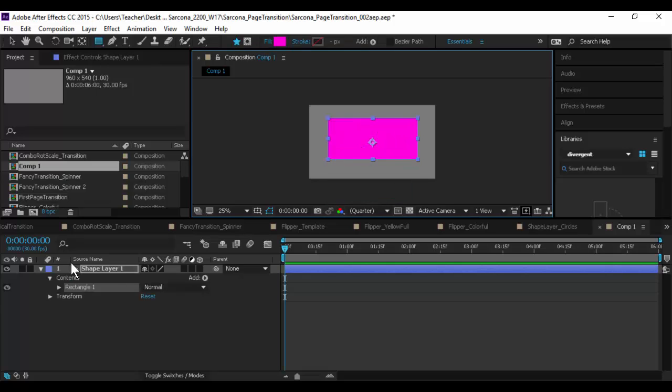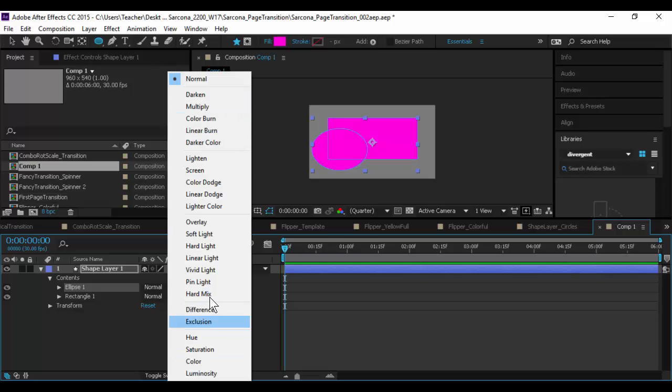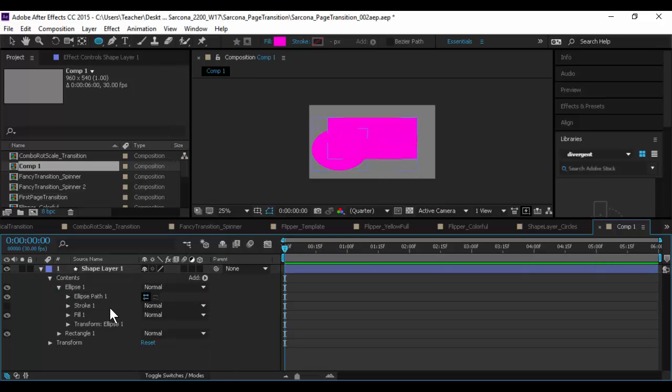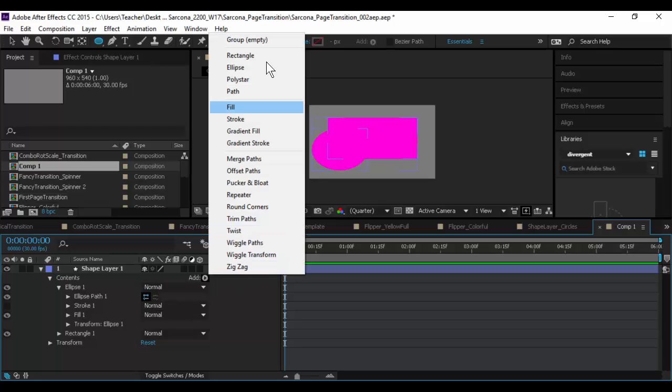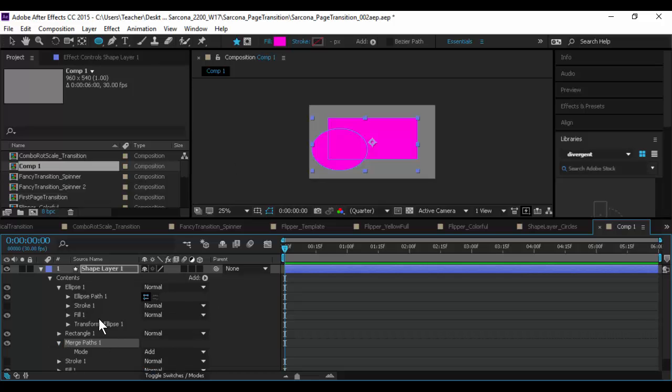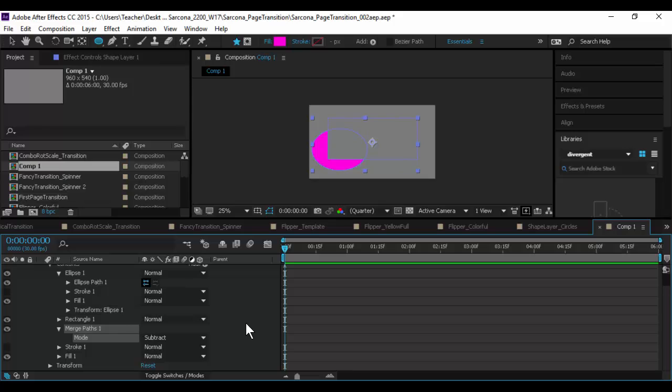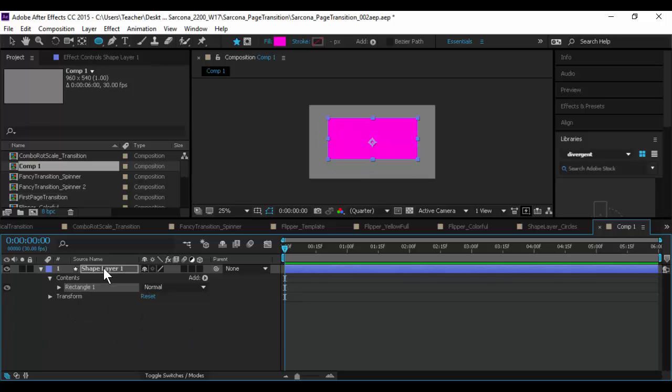So just as an example, there's one shape, and then I could create a circle there, and you'll see they're both on the same layer. And then I could just say subtract, where are you at? Stroke, fill, rectangle. Merge paths. Subtract, there we go. So I subtracted the one from the other one, so now it's cut out. Okay. I don't use that too often. Usually I'll draw the stuff out inside of Illustrator and then bring it in, but it's still a nice thing